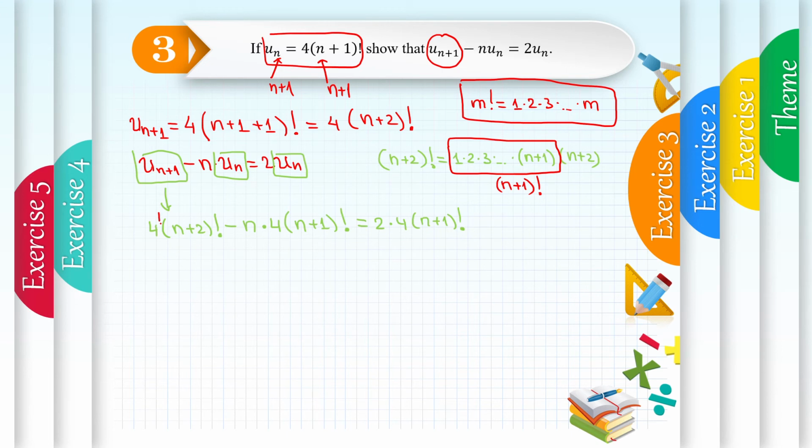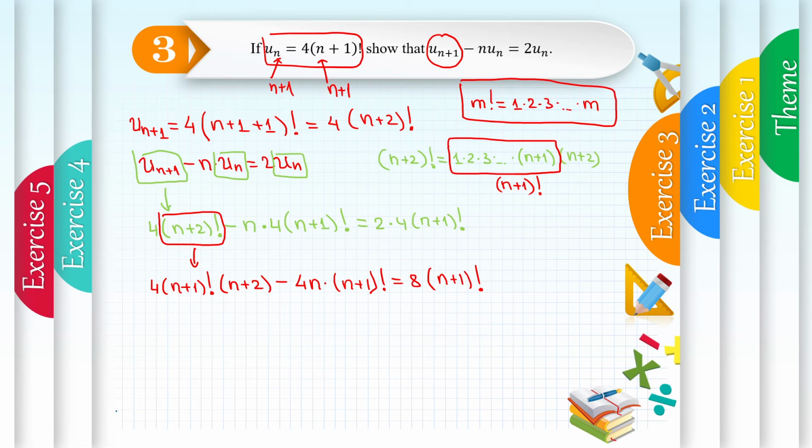So instead of (n+2)!, replacing with the expression that we obtained, we have 4(n+1)! multiplied by (n+2) minus 4n multiplied by (n+1)!. We have to show that this gives us 8(n+1)!. Next,